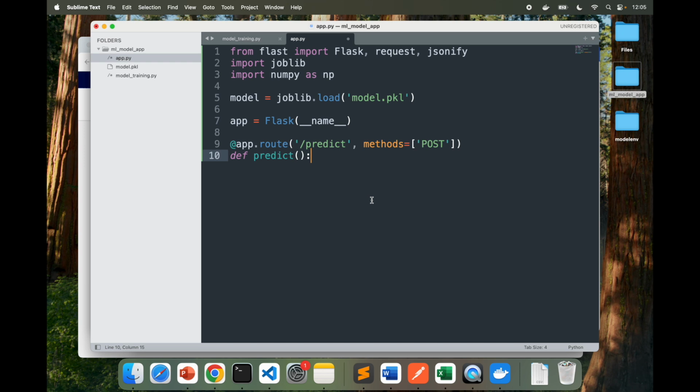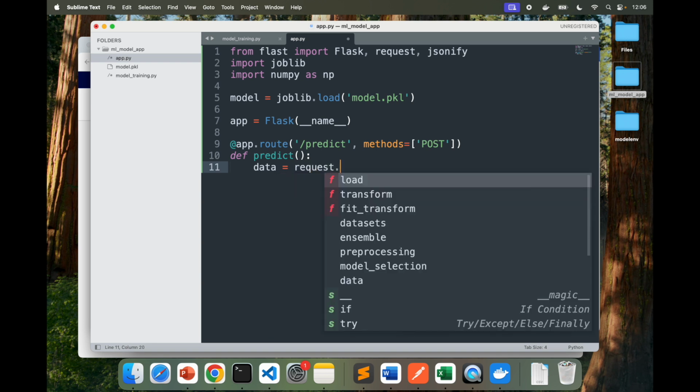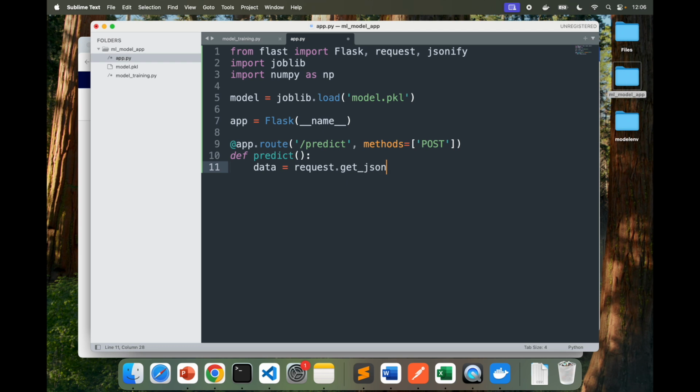So now let's go ahead and handle the data. Inside the function, I am going to say data = request.get_json(). This line retrieves the input data sent in the POST request. The client sends data in JSON format as part of the request body. When I say request.get_json(), this method parses the incoming request data as JSON and returns it as a Python dictionary. The input data is stored in the data variable. This data will likely contain features like input values that the model will use to make predictions.